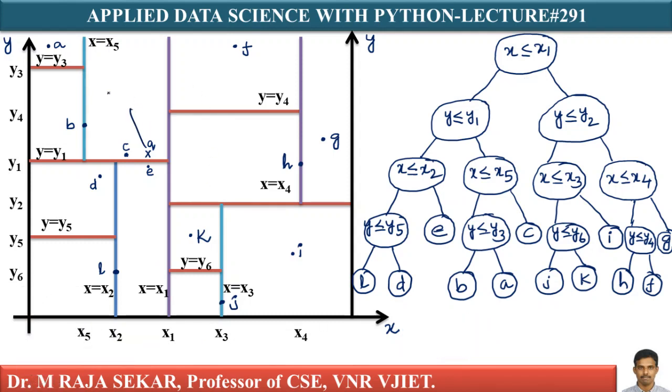What are my query point coordinates? Let me say xq is my x coordinate and yq is my y coordinate, isn't it? Let me say this is the query point. Where can I keep xq? This is my xq. Where is my yq? Let me say this is my yq.